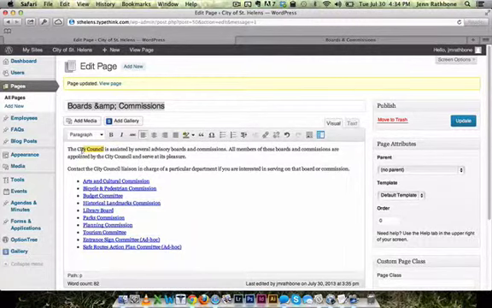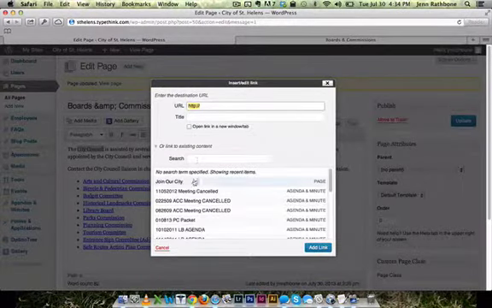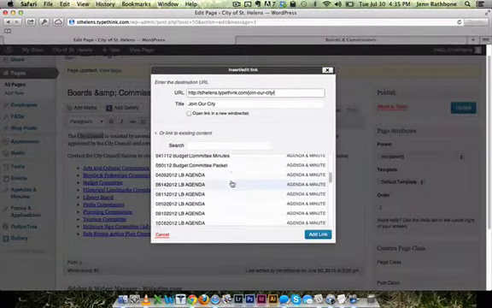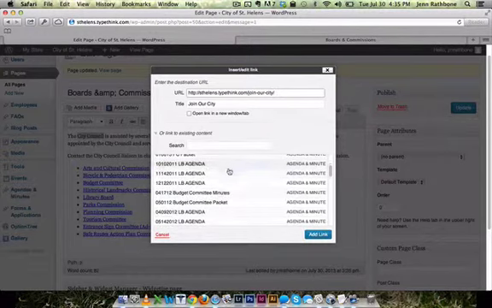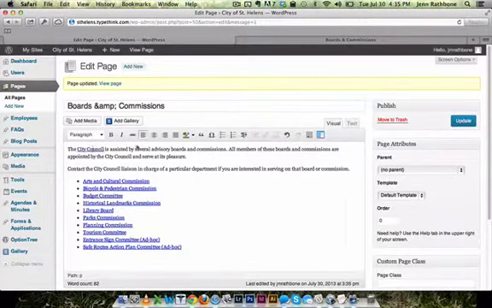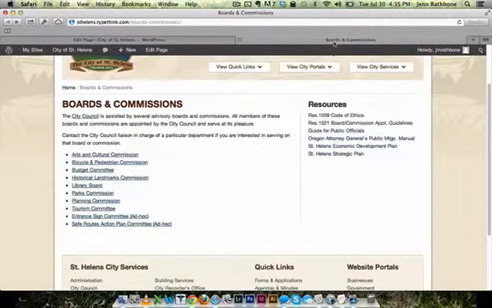And let's say I want to link this text to a page on my website. I'm going to highlight the text, click on the button, and for example's sake, I want to link it to Join Our City. You can scroll through all the pages available that you can link it to, or you can type in a search of the specific page that you're looking for. But for example's sake, I'm just going to choose Join Our City. Add link. You can see it looks like a link now. I'm going to update, go to the live site, hit refresh,